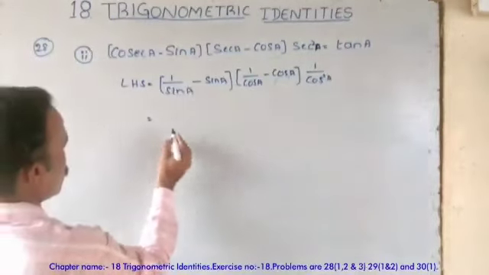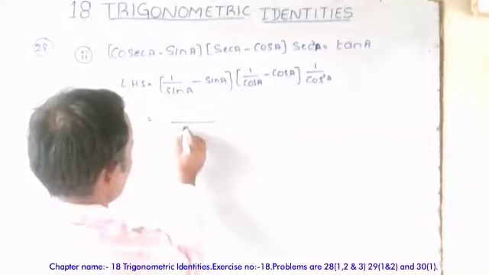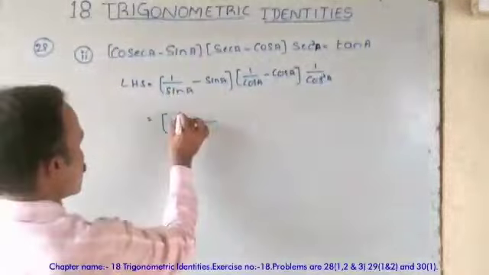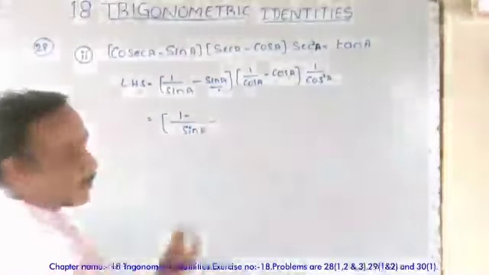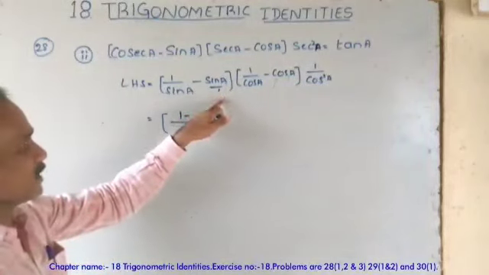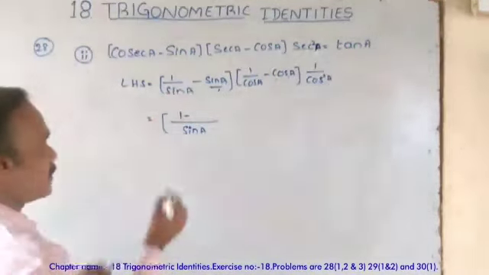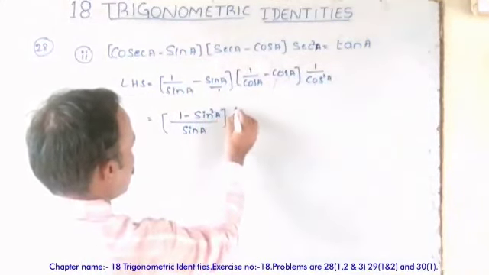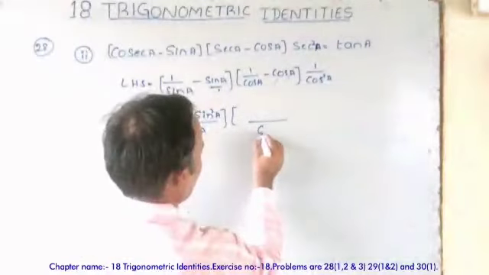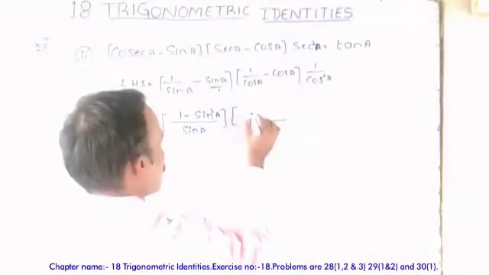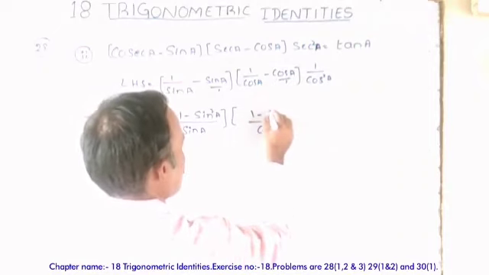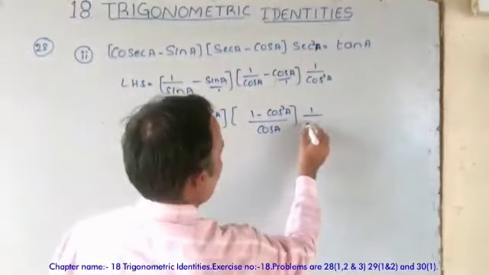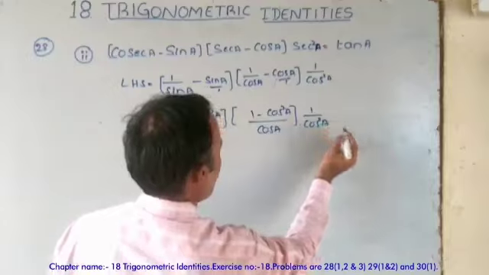So this is equal. Take LCM. Sin A is the LCM. Sin A cancels, 1 minus, so here denominator 1. So sin A divided by 1 is sin A. Next multiply this sin A into sin A, that is sin square A. Into, similarly here take LCM. So cos A is the LCM. 1 minus, so what you'll get here? Cos A into cos A, cos square A, into 1 by cos square A as it is.